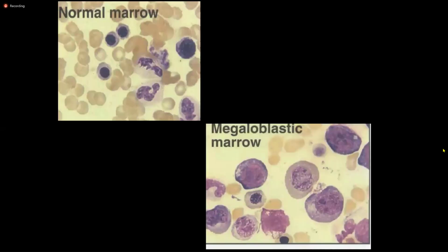Okay, so you can see this is a bone marrow picture showing hypersegmented, big nucleus and big cells. The nucleus is hypersegmented and very big because the cell division is arrested due to the lack of DNA synthesis or DNA methylation, RNA methylation. What happens is cell division is arrested. So that results in the megaloblastic anemia, in the pernicious anemia also. Pernicious anemia also results in the megaloblastic anemia.